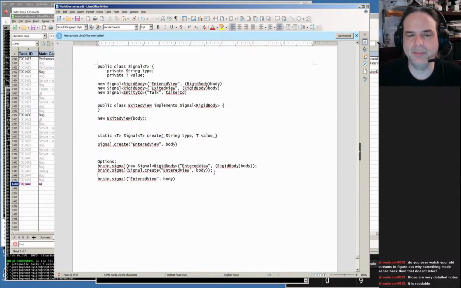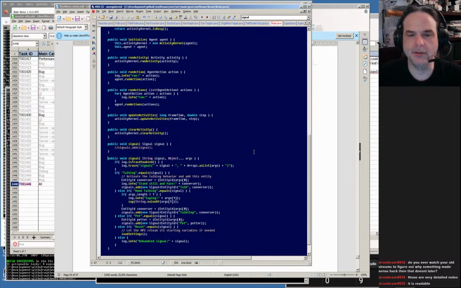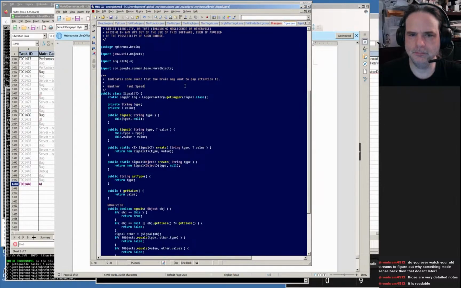And so the only brain interface would be this one, and then we would never need to have all that generic BS, because it's going to be up to whatever signal handler to decide what that value means to it. And it could be just logging the value or getting its name. It could be in Groovy, in which case it doesn't care what the type is. It's going to be able to use duck typing. So in that case, let's strip the